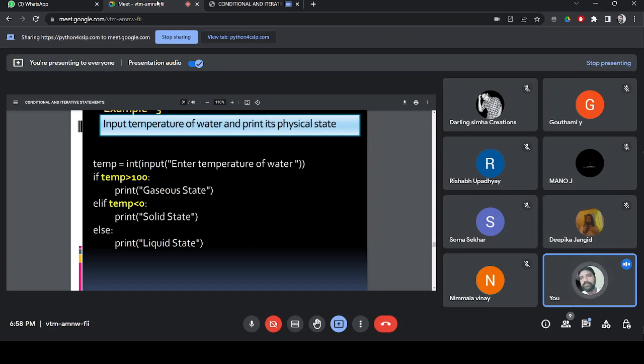If you want to solve this problem, I have the degree percentage, and I want to tell what the academic performance of the student is, whether it is distinction, first, second, third, or fail. How can you achieve this? With the help of if elif alone you can solve this problem. There is no alternative for you. Are you able to sense what I'm talking about, the if elif statement? Vinay, are you able to make sense?